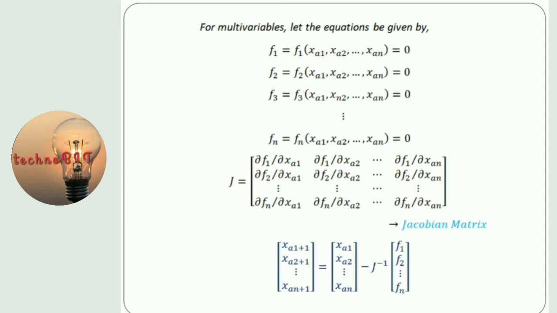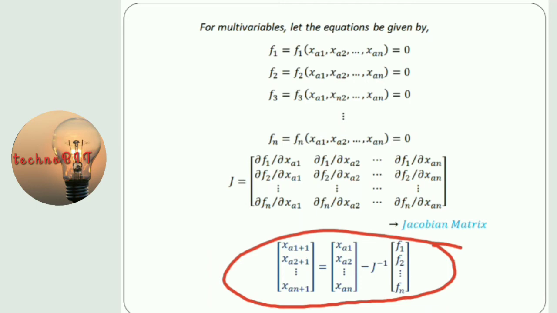So we are not going for the complete derivation, because the derivation is similar to what we have done for the two variable case. Now just have the representation of this. So what will the Jacobian matrix, the J matrix, be? Here we will have the J matrix like this. And the final equation will be like this.